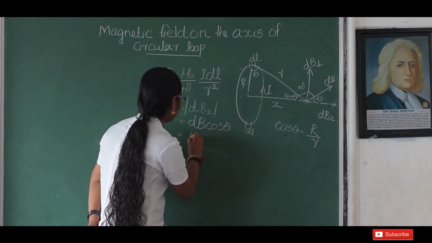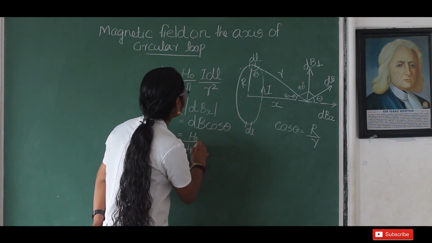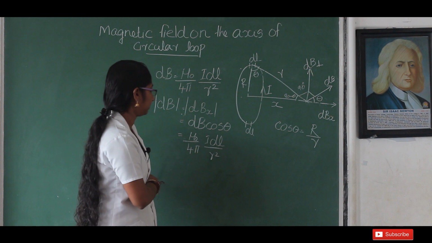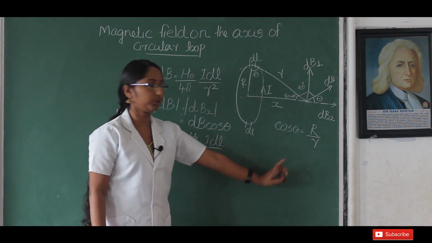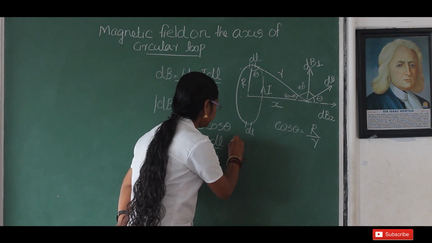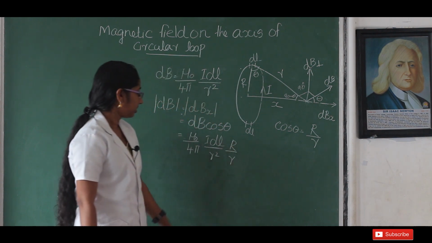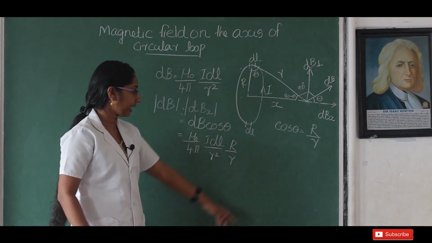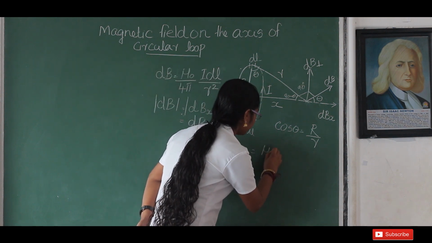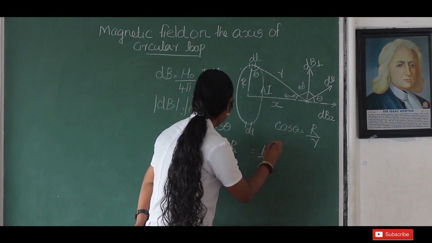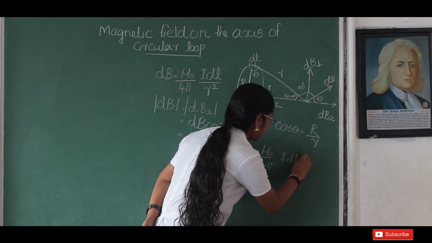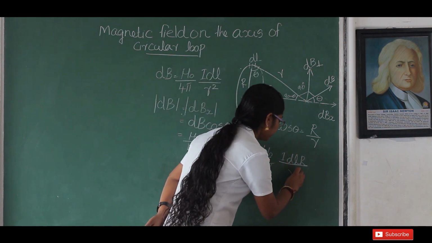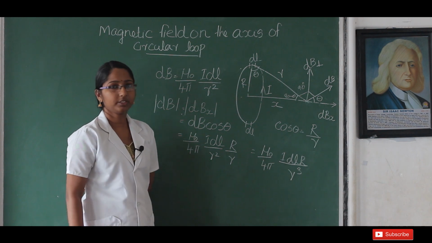And this dB becomes mu 0 by 4 pi I dl by r square. Then instead of cos theta, we want to write r by r. So here we can take this r square and r together and write it as mu 0 by 4 pi I dl r divided by r square into r, which is r cube. Okay, then it is equal to